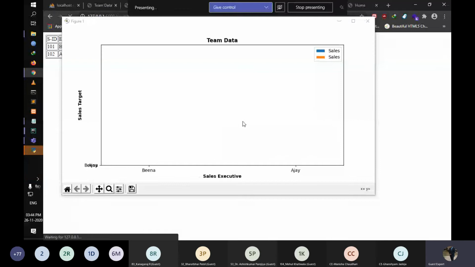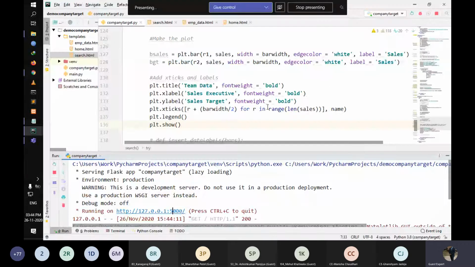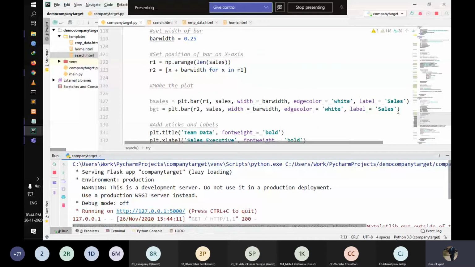Okay, there's some issue. Let's check what the problem is. I might have some mistake over here. It's a bit of a target. Also a mistake. Run the target.